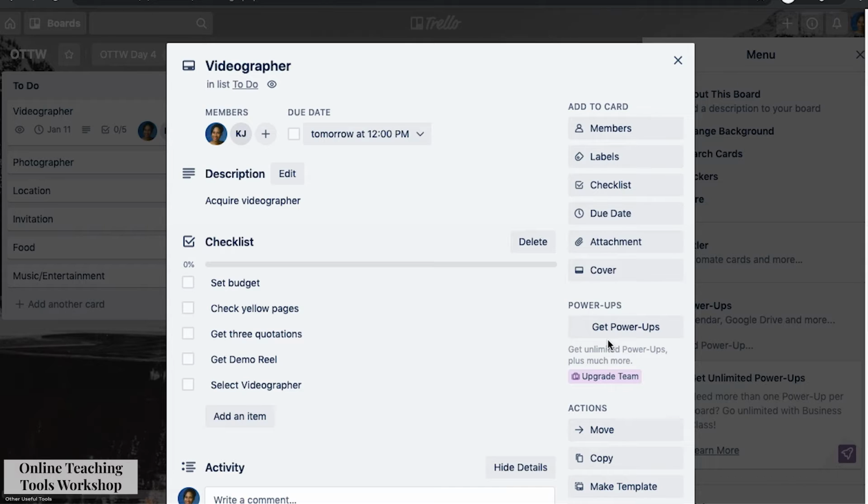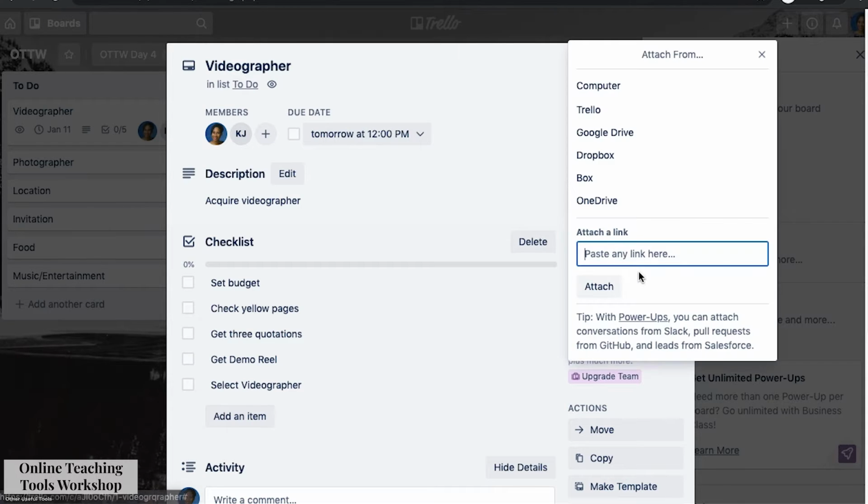We can add attachments, and what I always recommend to my students is have the files or whatever it is that they're working on in a Dropbox or a Google Drive or a OneDrive space, and then add the link. So we can click on attachment, and we can either pick something from the computer, something from somewhere else in Trello, Google Drive, Dropbox. You see where it's there? Or we can